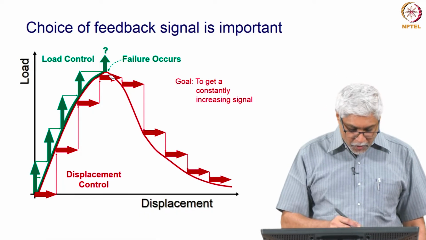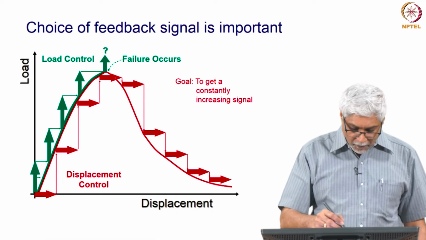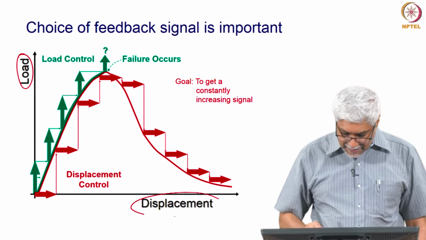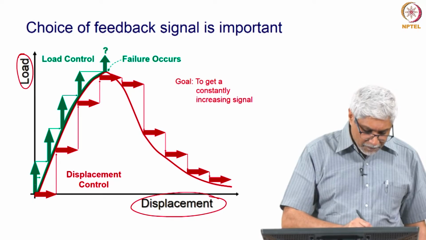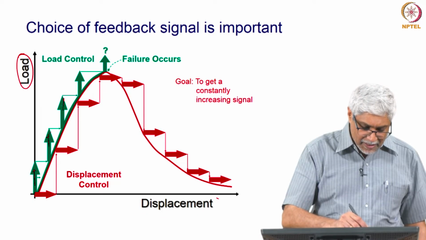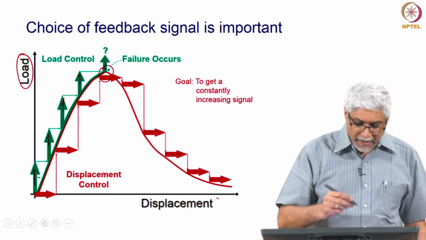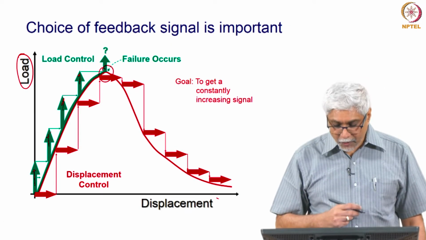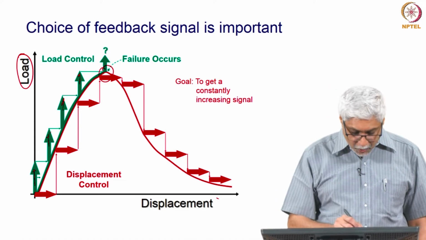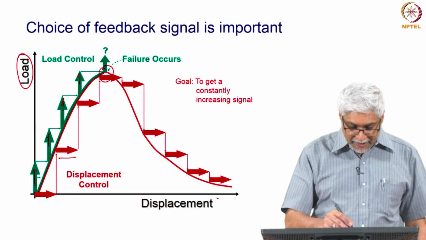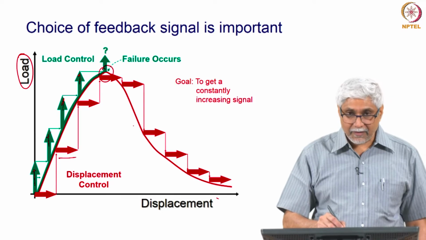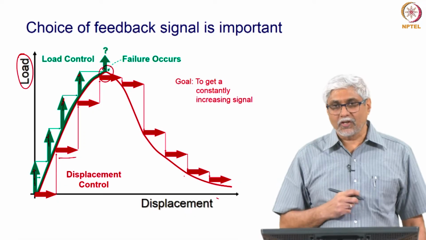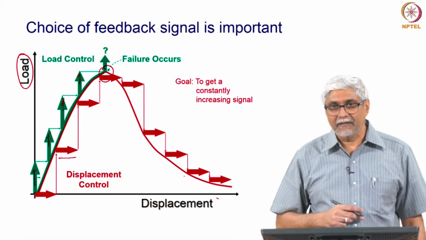So, this is another way of looking at the difference between load control and displacement control. Suppose you have a specimen which is softening and it would give a load displacement curve like this. If you are going to do load control, the load is always trying to increase, the machine is increasing load. So, at this point the specimen cannot take more load and therefore it fails. But if you were to do a displacement control test, only displacement is increasing. So, at this point the displacement continues to increase and the reaction is the load, which is also measured, and you will get this complete curve.